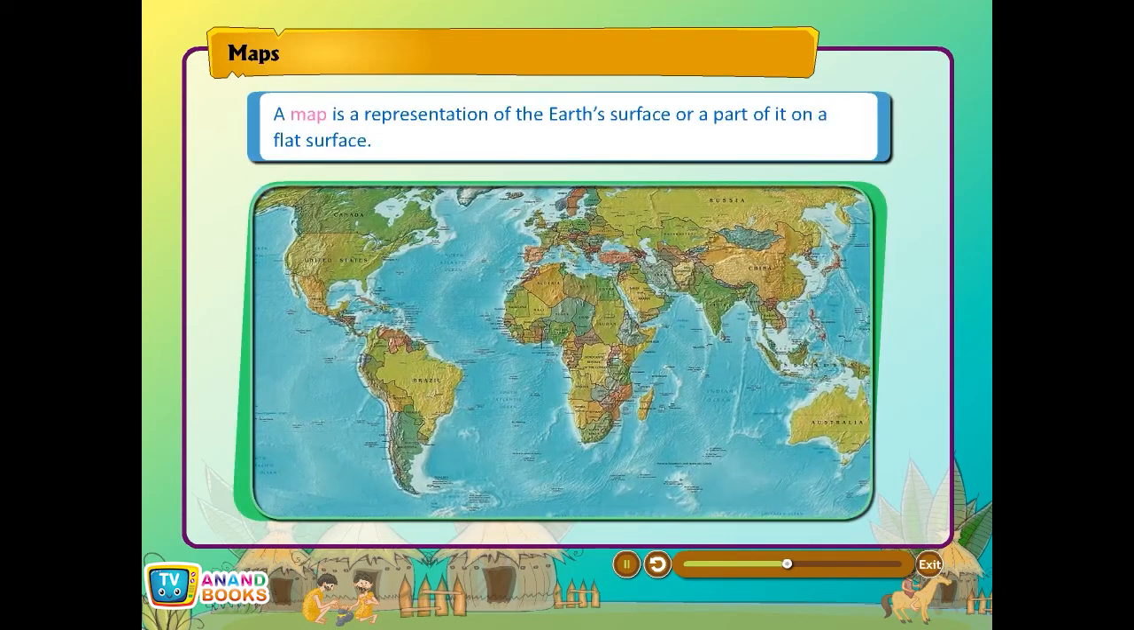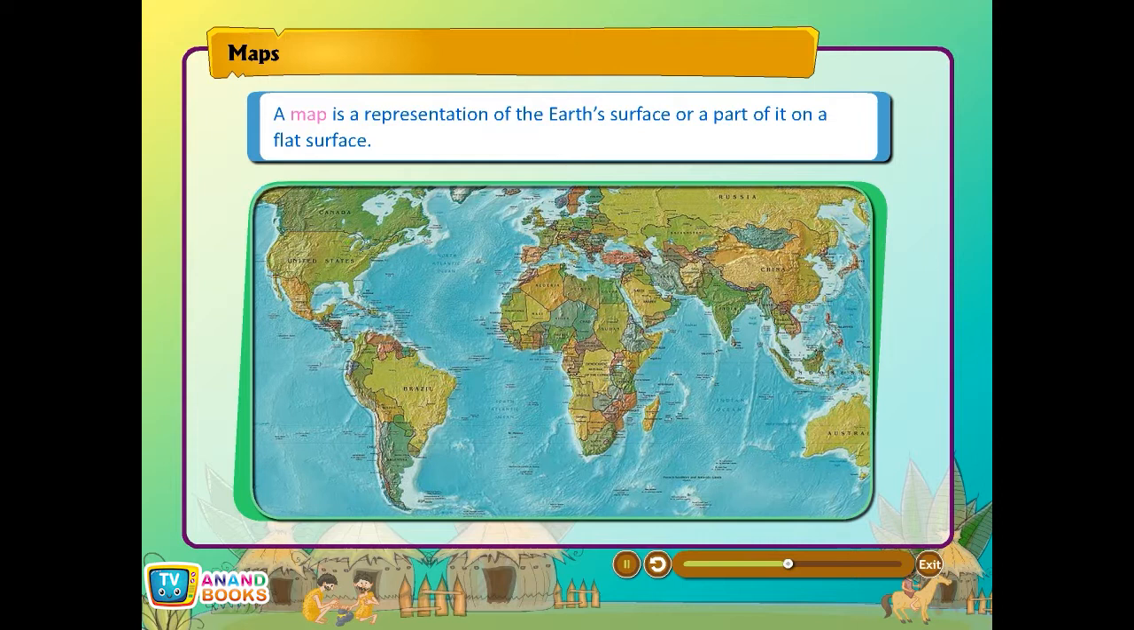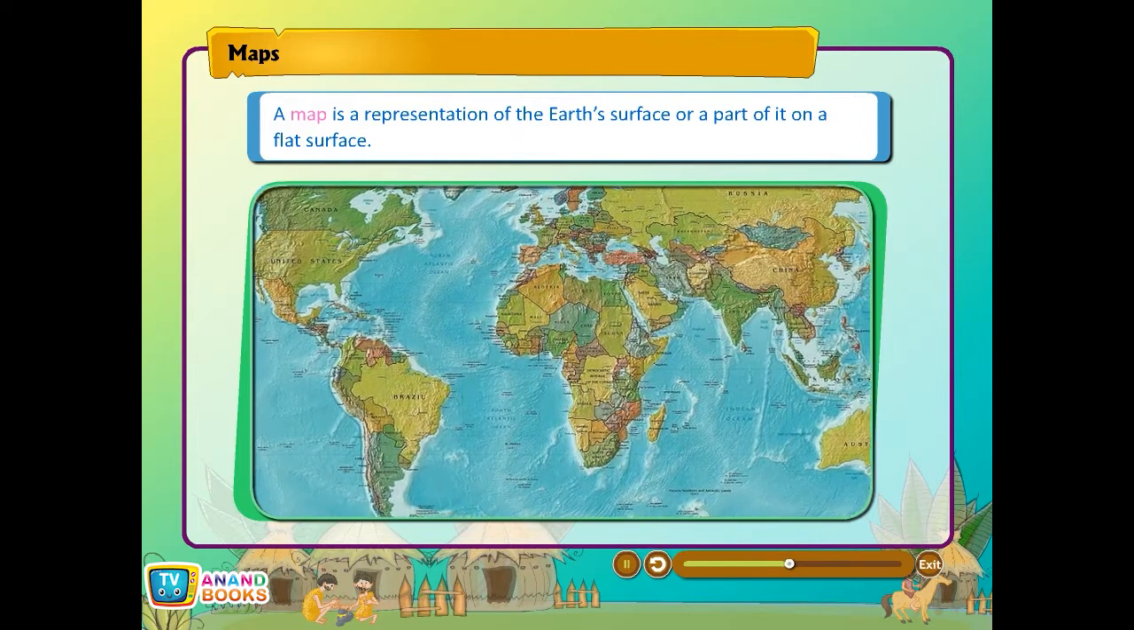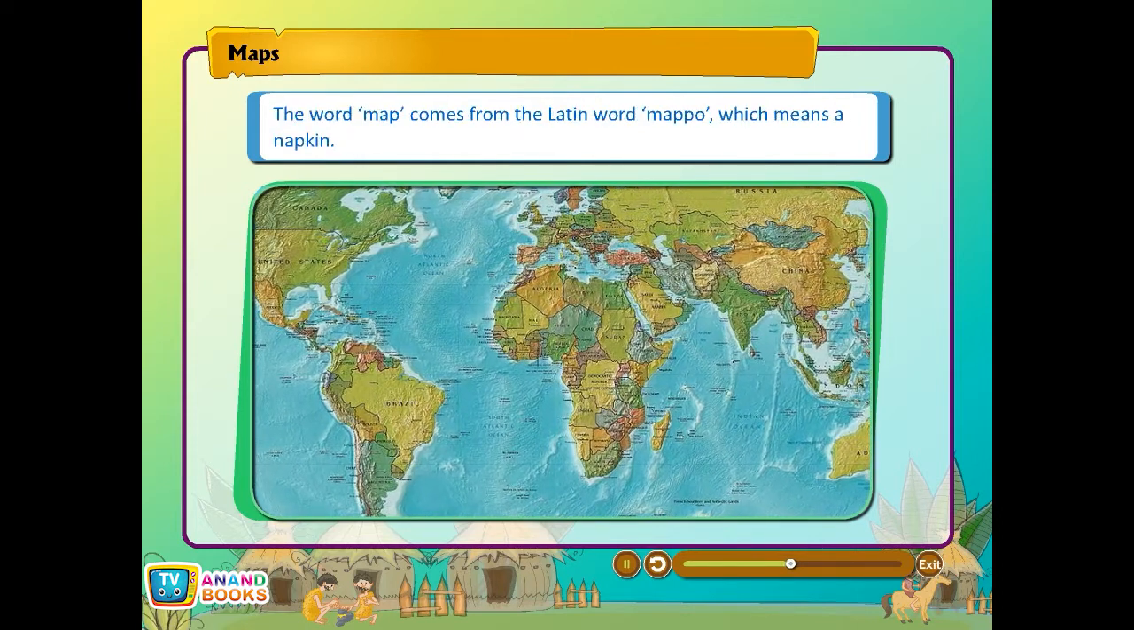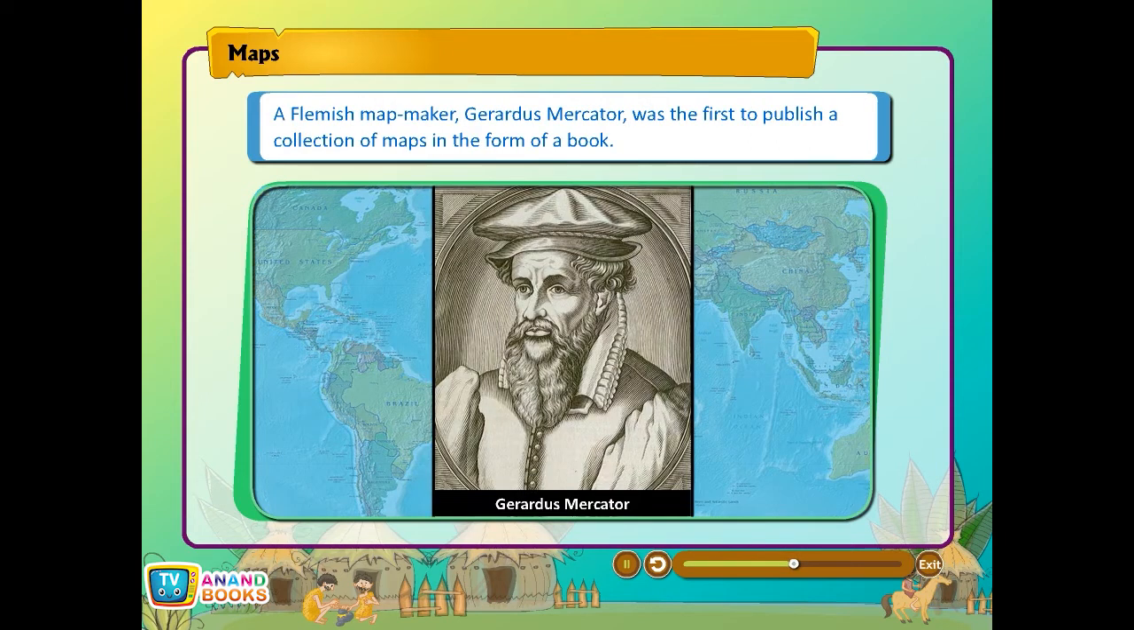Maps. A map is a representation of the Earth's surface or a part of it on a flat surface. The word map comes from the Latin word mappo, which means a napkin. A Flemish map maker, Gerardus Mercator, was the first to publish a collection of